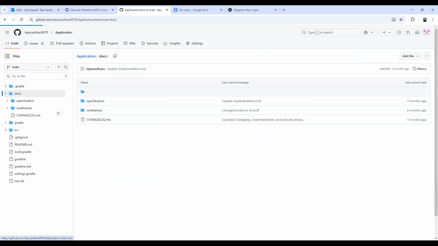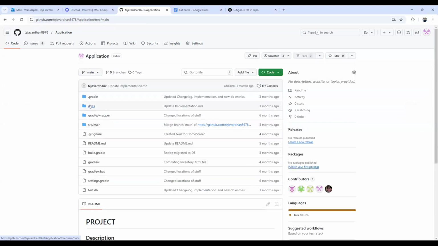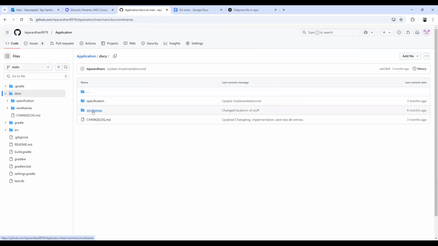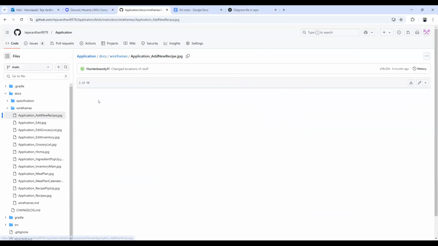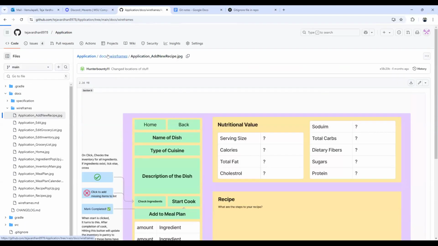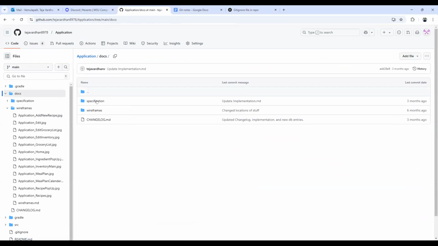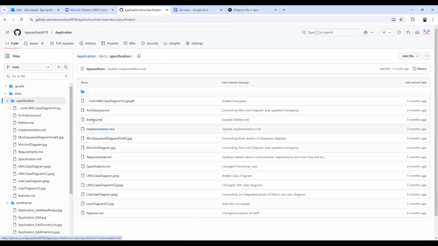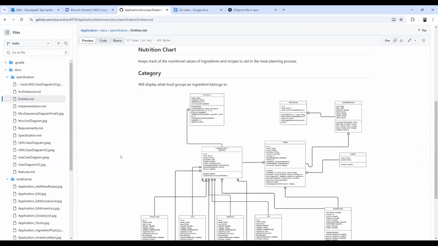Yeah, you can have a docs folder, and then have all the wireframes in here. And then you can have all these specifications, basically the documentation of all the features, how everything works, and how you want to design everything.